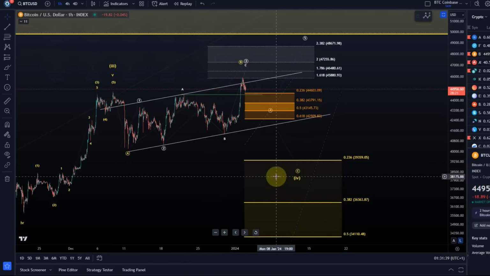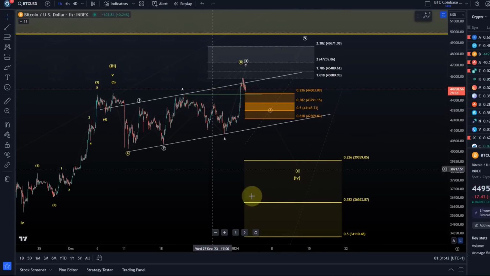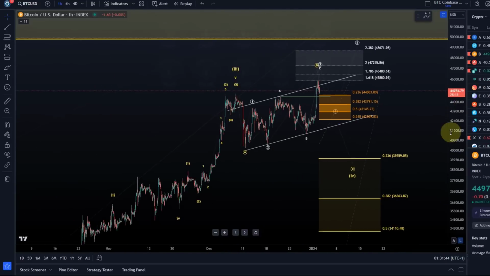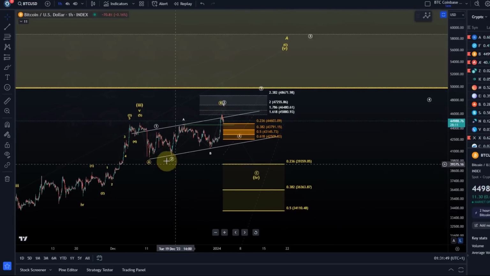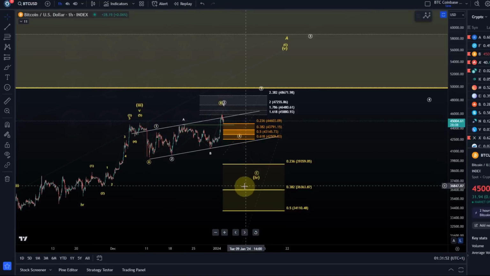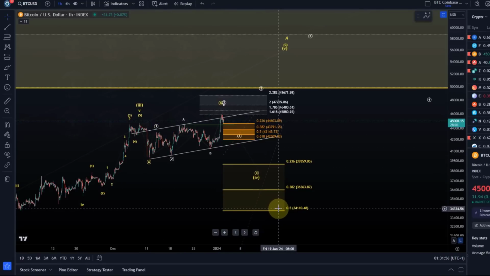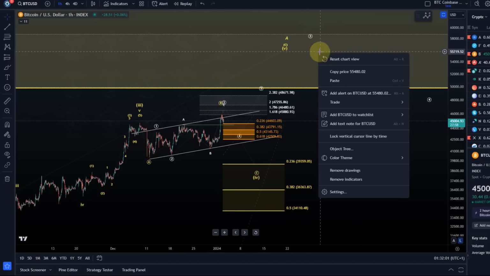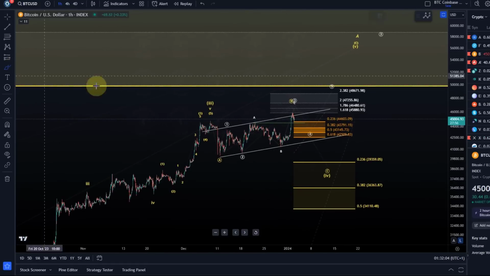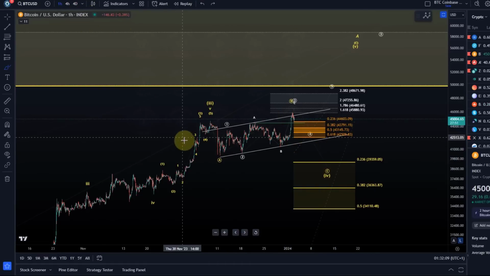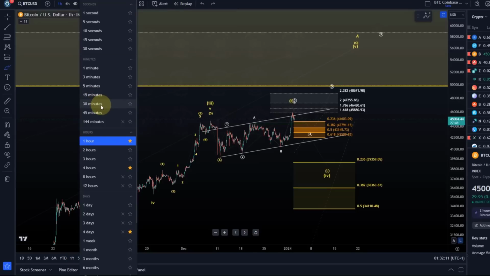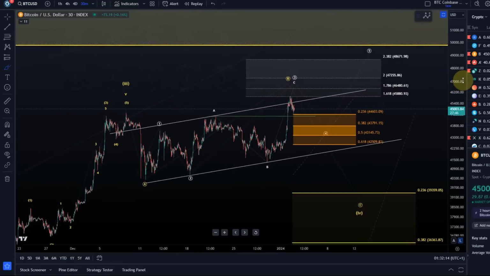But that's just noise, as I said, throughout the last couple of weeks. Really what is important in the bigger picture, given the situation we're in with a very difficult fourth wave, is that this 50% retracement level is holding. That's really important, because then we can still get our one more high, regardless of what happens here in the short term, right? Short-term corrections are always dynamic, in crypto especially. So you have these frequent adjustments that are needed and so on.